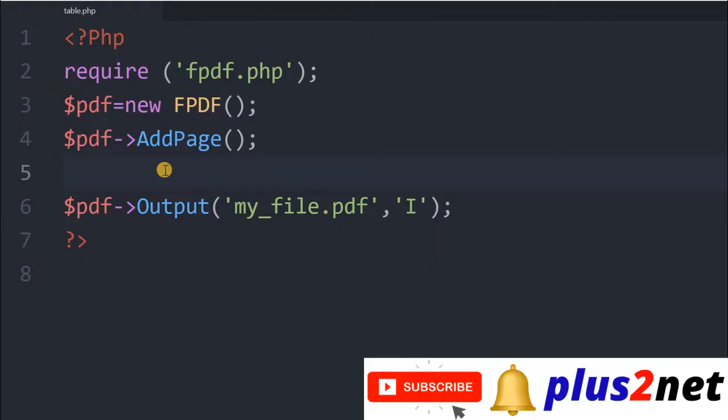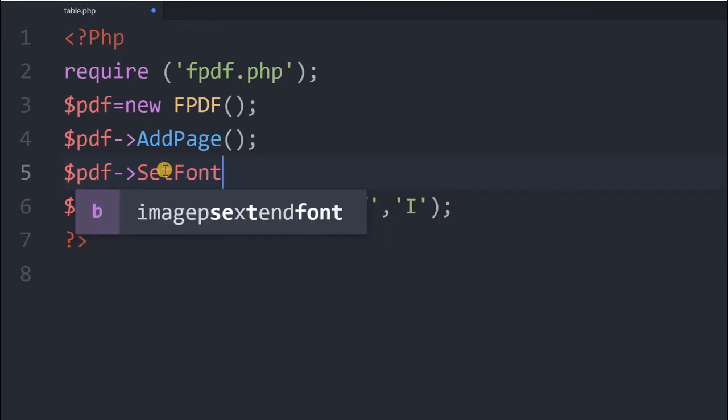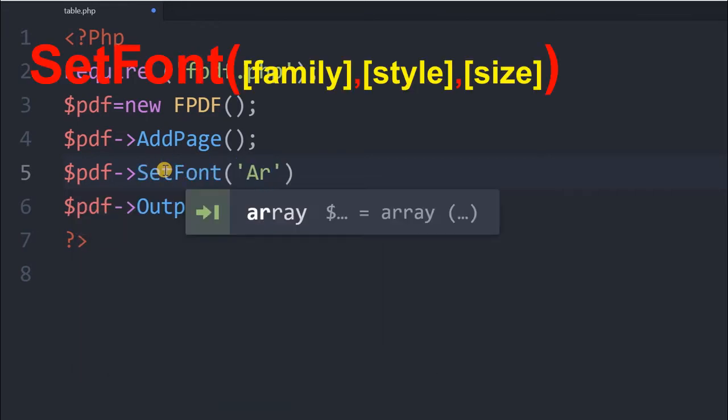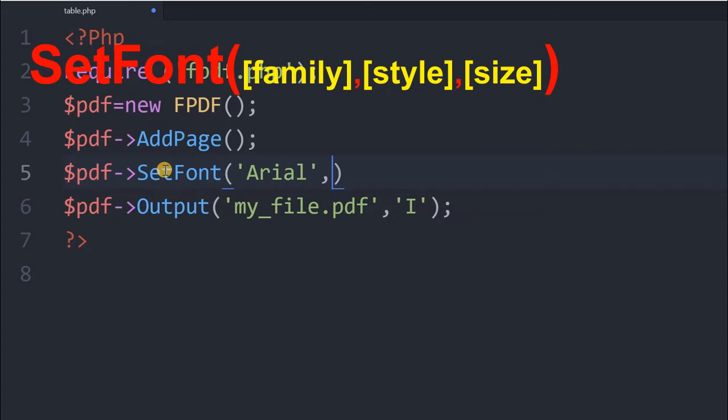This is our basic template, which gives us a blank PDF document. Now in that we'll start by first setting the font. The font we can set to any choice, your choice. You can use a different family also. We'll give bold here because the header will start with it.